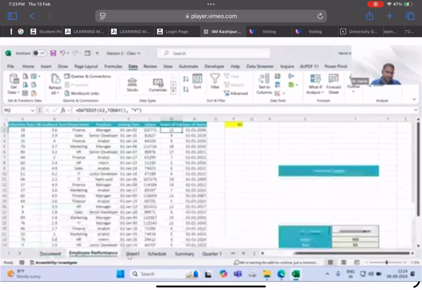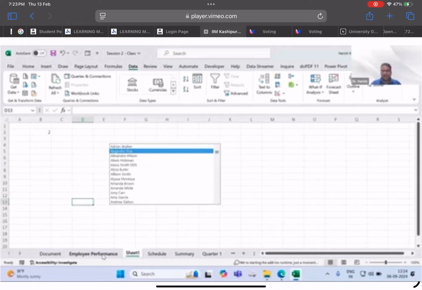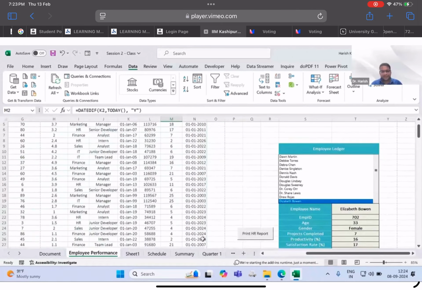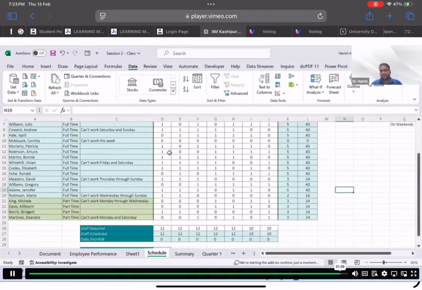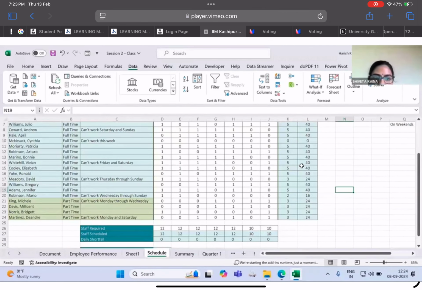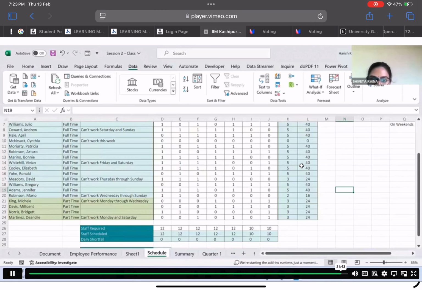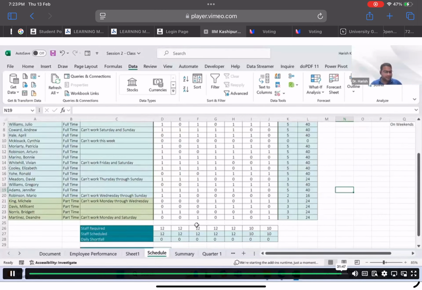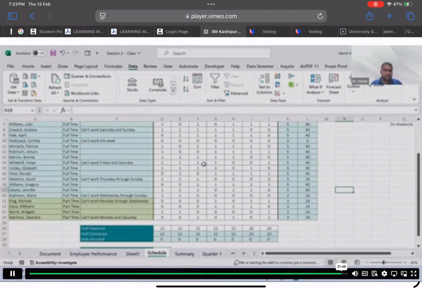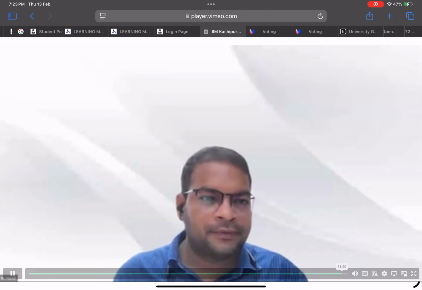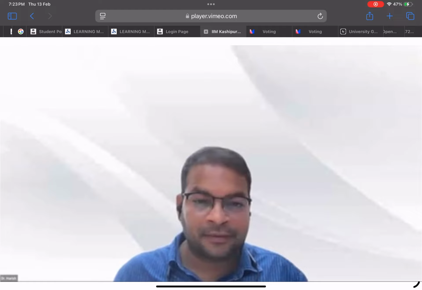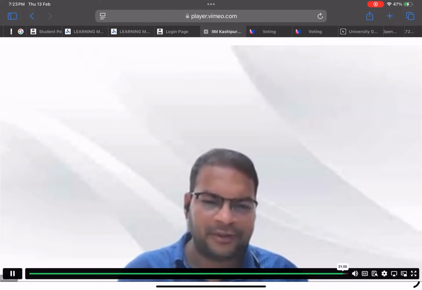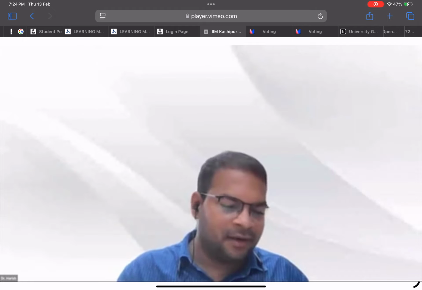From my side, I will write the instructions as well, on what to upload. First thing I'm looking for is the employee ledger as a submission, and in the same worksheet you are going to submit the solver report. Can somebody from the team please confirm? Yasha, are you there? So Yasha has left, I think. Earlier service was there, so he was handling. But I will request immediately after this session to